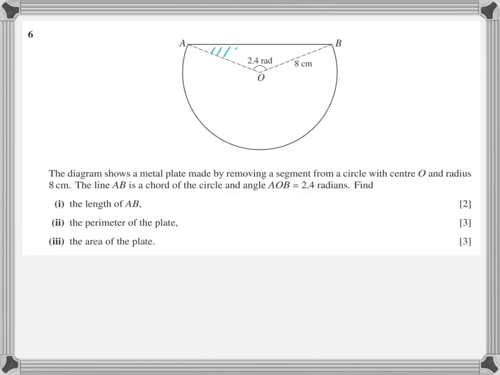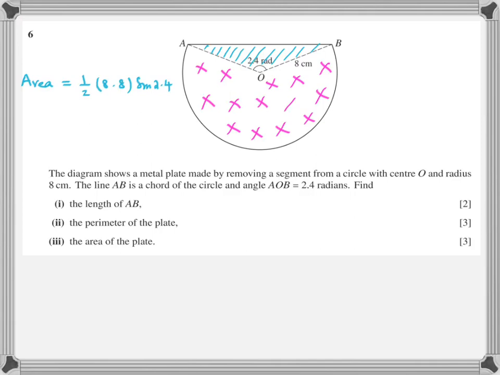What is the other approach? Let's have a look. The other approach is finding the area of this triangle, half AB sine C, and then finding the area of the major sector. That is half r squared theta. But what is theta? Theta is 2 pi minus 2.4. Add both and you find the answer. This answer I have not calculated because there is something left for you also, otherwise the video would go very, very long. That is, use a calculator, take care of the accuracy and get the answer.